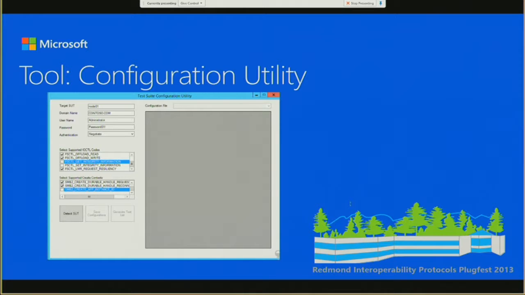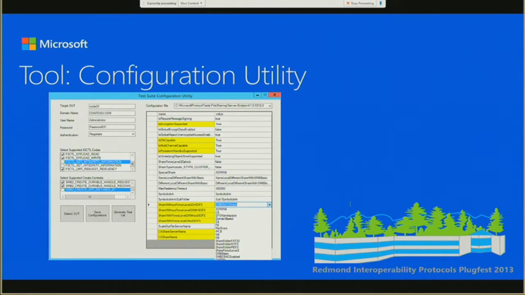Also, there are some IO control codes listed here and supported create contexts listed here. You can choose what kinds of options I support and what kinds I do not support here. After this, you can click detect SUT. After detecting the SUT,